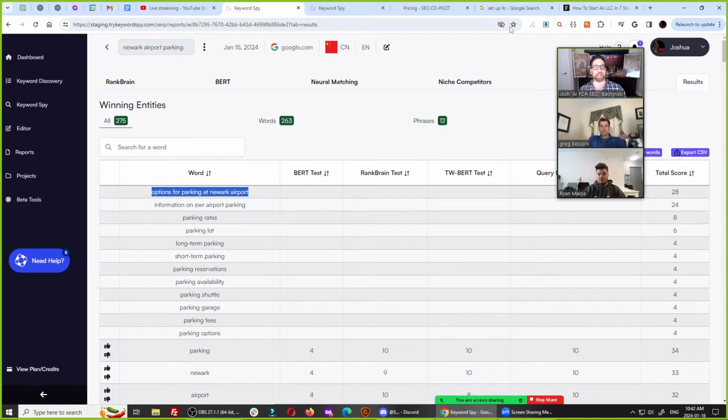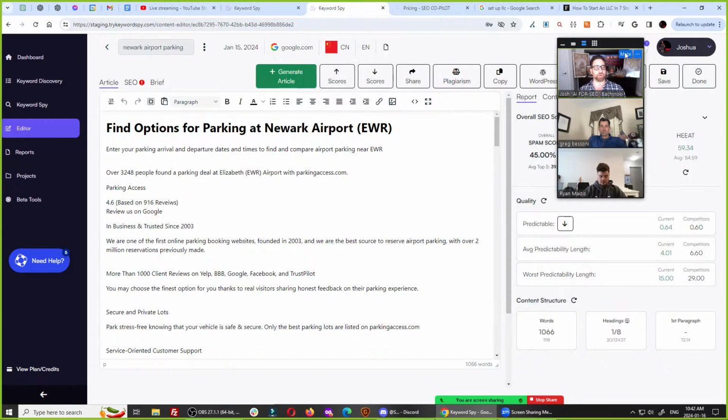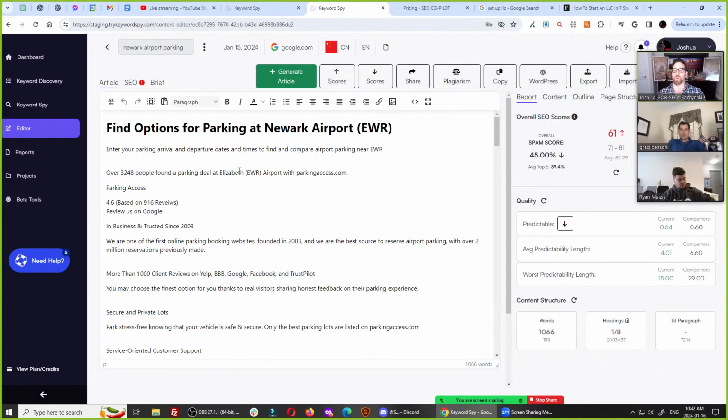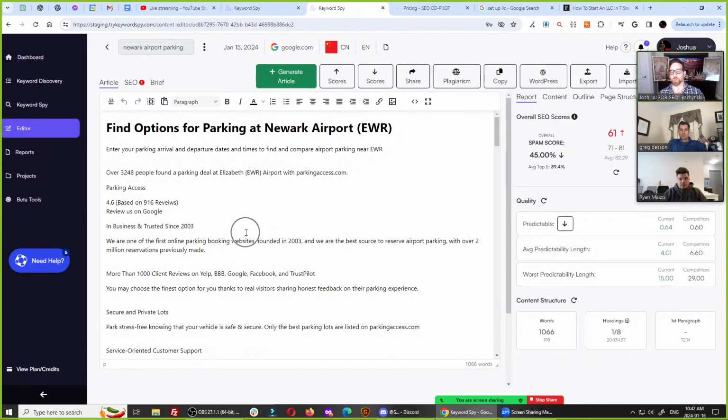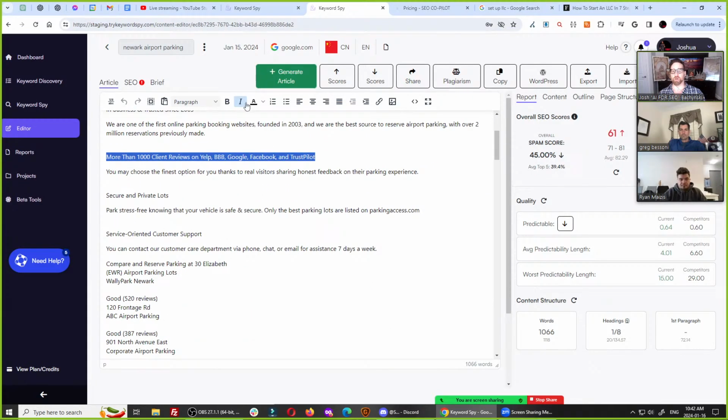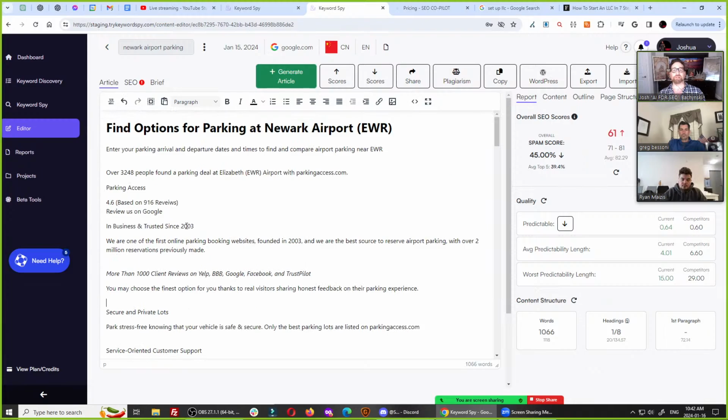All right, and finally, I want to keep this under an hour for sure. Finally, let's look at the generation process. So whether or not you write it by hand, you can write it here in our WYSIWYG editor, no problem, and you can highlight things, and you can make them italicized, you can do whatever you want.